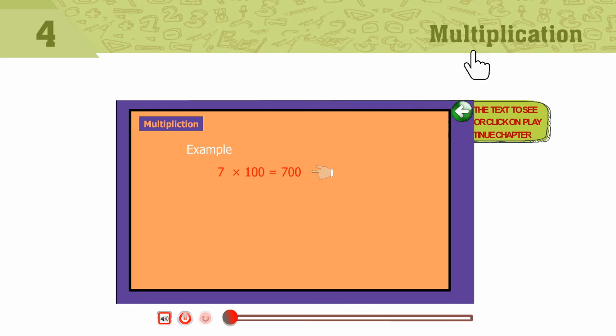Here is another example. 7 into 100 is equal to 700. 23 into 100 is equal to 2300. 432 into 100